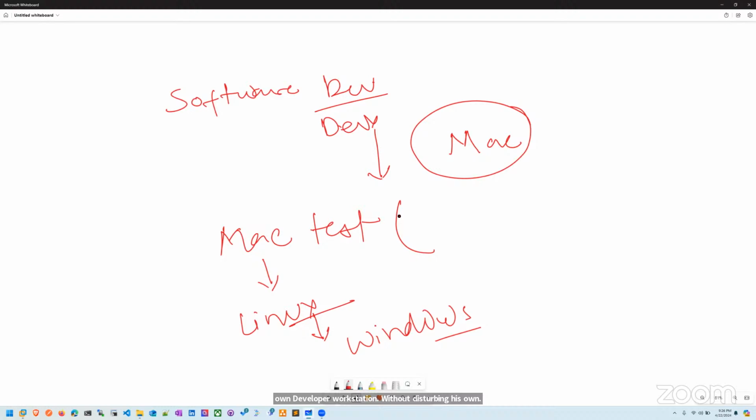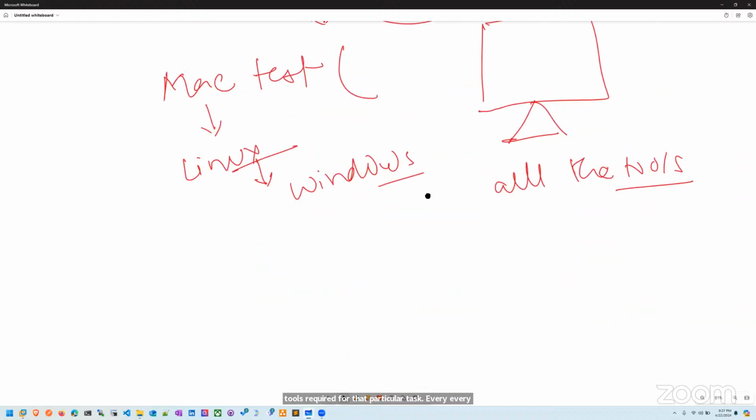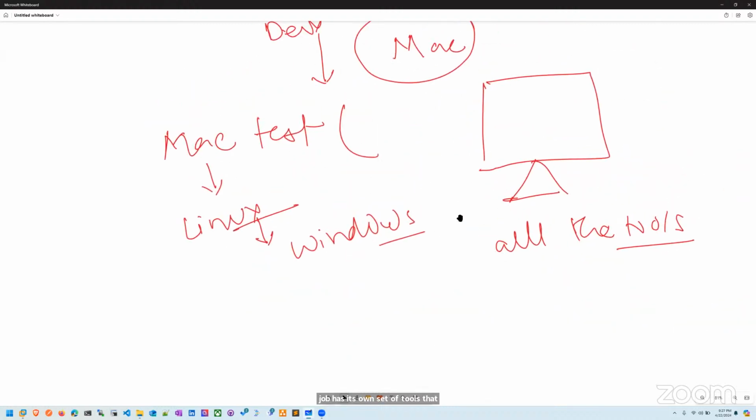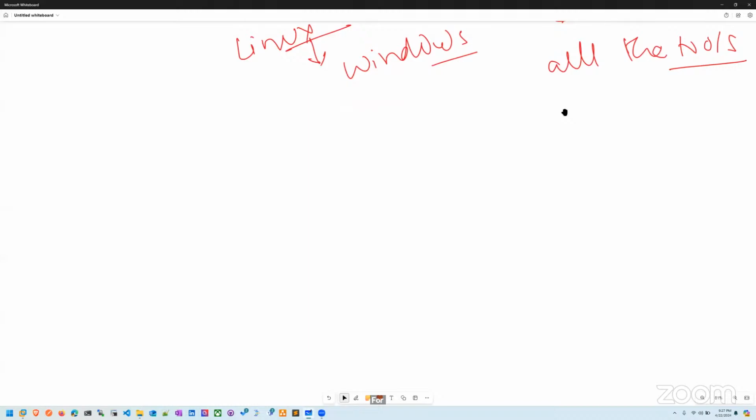So the idea is very clear: you have to have a machine, and that machine should have all the tools required for that particular task. Every job has its own set of tools that is required to do the job. For dev, I'm going to talk more about DevNet specifically, what exactly we have right now and how we are going to go forward